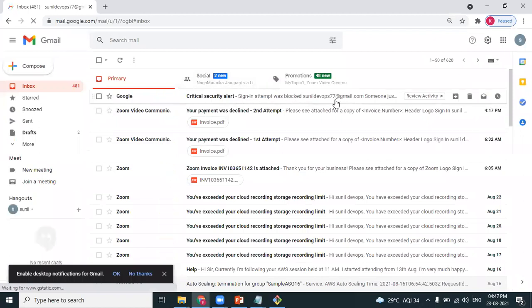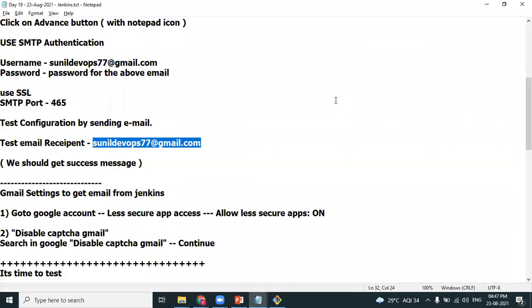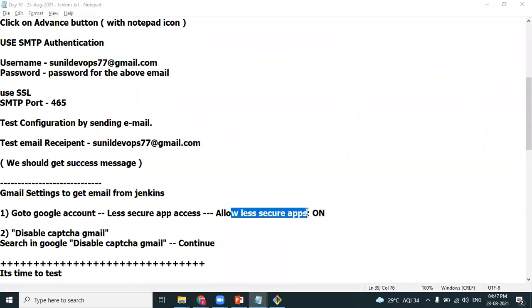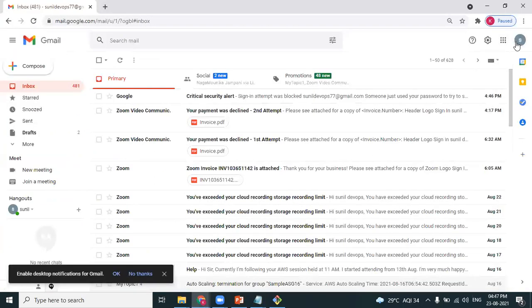Your Gmail is blocking Jenkins. So what you have to do is turn on allow less secure apps. That is in your Google account settings.